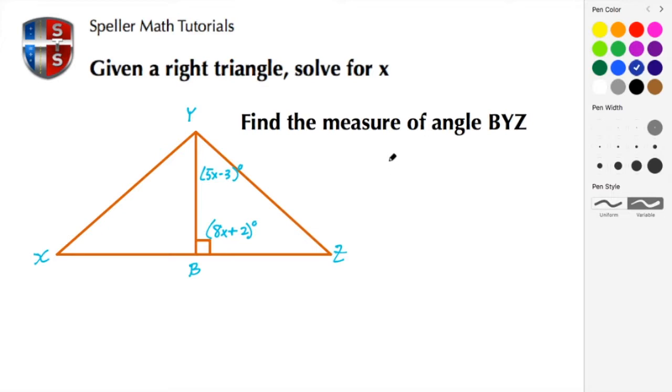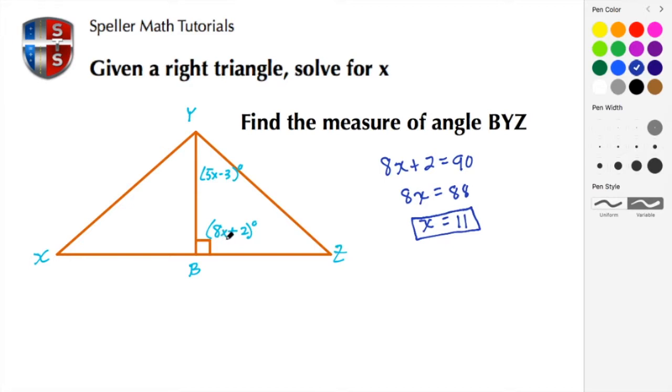So to do that, we're going to rewrite as 8x plus 2. And we know that expression should equal 90 degrees. And then we're going to work the simple equation by solving for x. We're going to begin by subtracting 2 from both sides, leaving us with 8x is equal to, well, 90 minus 2 gives us 88. And then to isolate the x, we're going to divide both sides by 8. In doing so, we're left with an x, and then 88 divided by 8 gives us a value of 11 for the x. Now, let's check our work first.